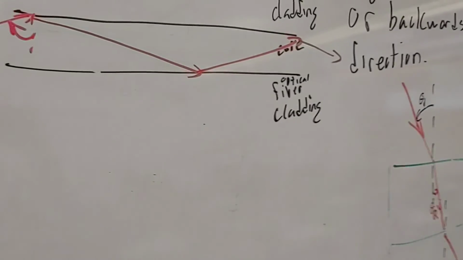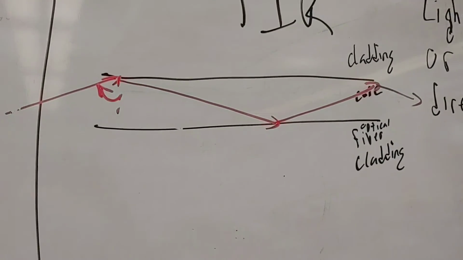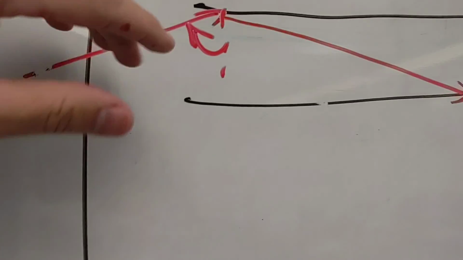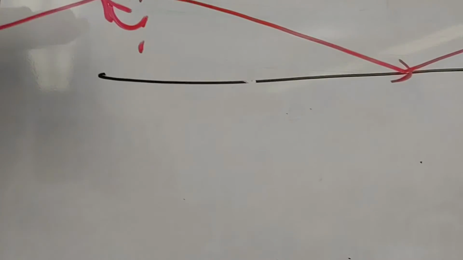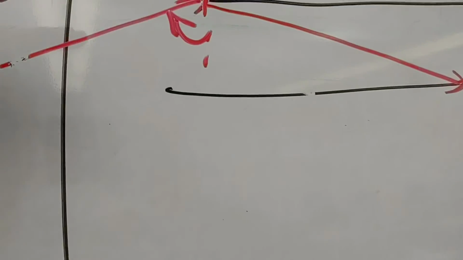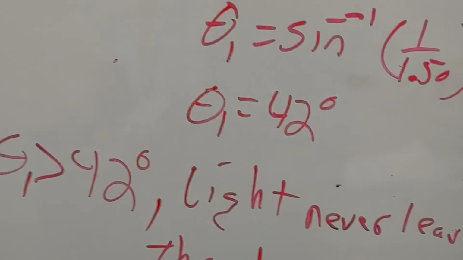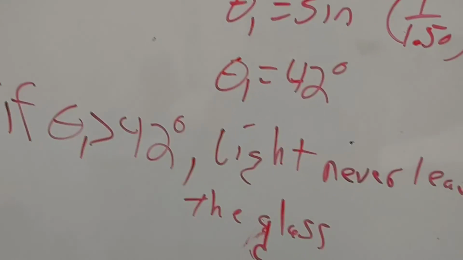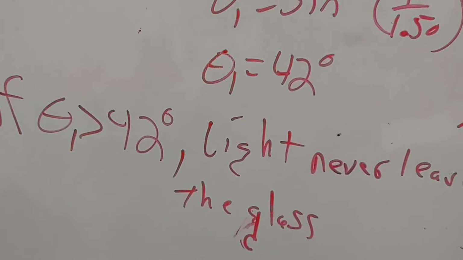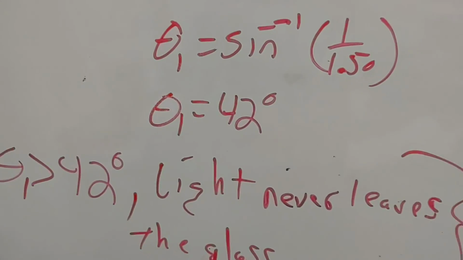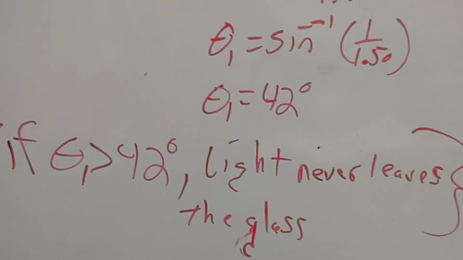This cladding has a slightly different index of refraction, such that if light comes in at 80 some degrees with respect to the normal, it'll be like over here. You'll get total internal reflection because of that angle, if the angle is greater than, and that's actually known as the critical angle. I should have said that earlier. It's often known as the critical angle.